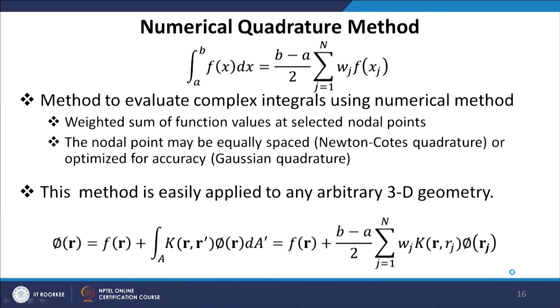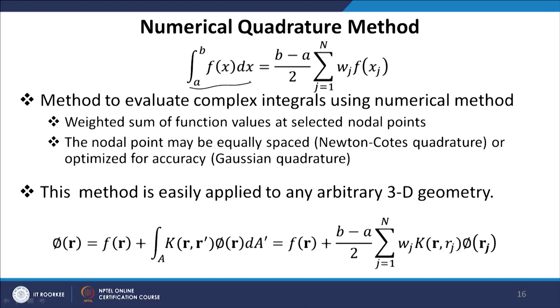The next method is the method of numerical quadrature. This is a very powerful method which can easily be implemented in any computer. Now, the method of numerical quadrature is very popular in radiation. So, what this basically includes, suppose we want to solve for an integration numerically. So, we have a function f(x) that we want to integrate from limits a to b. So, what we do is we write this integral as an algebraic sum or weighted sum of the function value f at a selected number of node points.